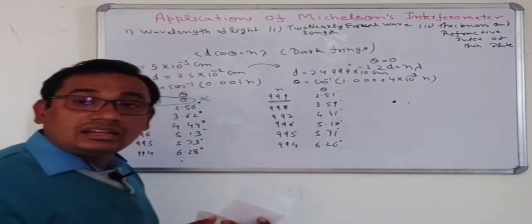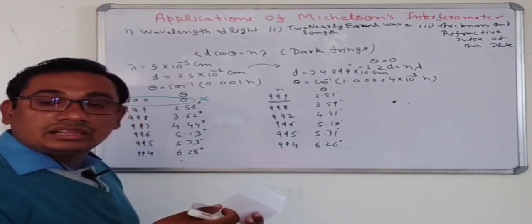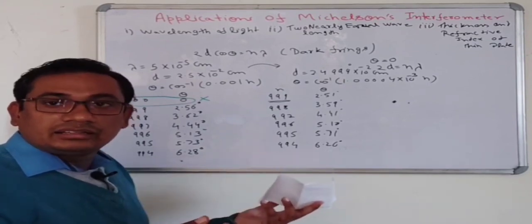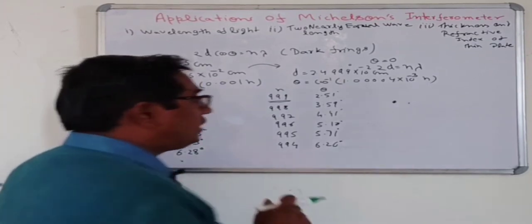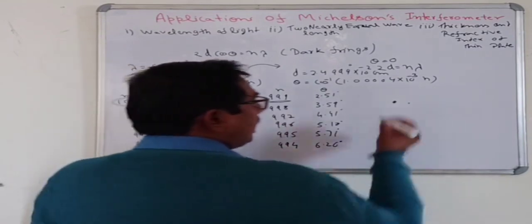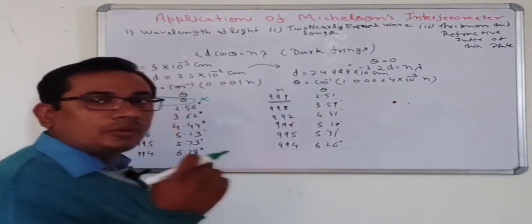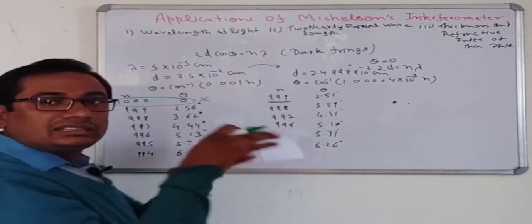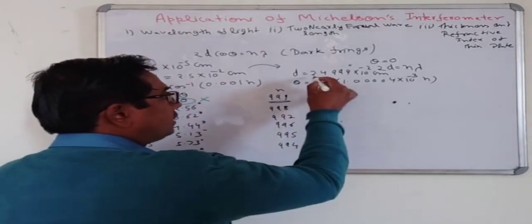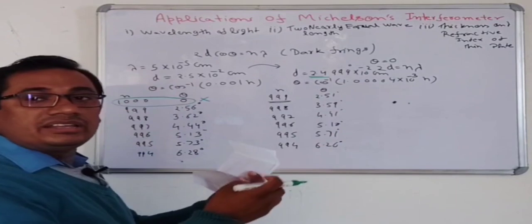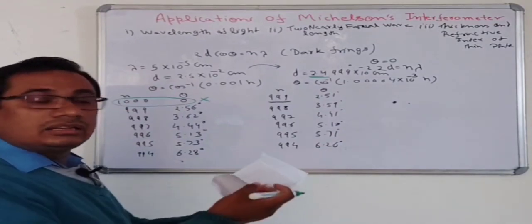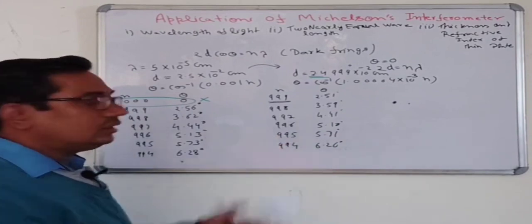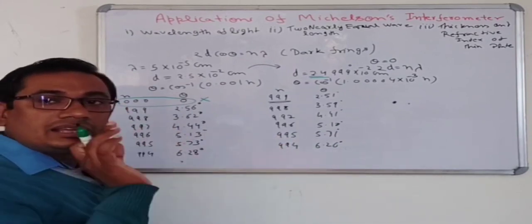Conversely, you can say that when d increases, the fringes will expand from the center. Suppose that we have observed at the center. It means that all the fringes will collapse at the center when d decreases slightly like that. When d increases, the fringes will expand like that. So we have observed at the center.